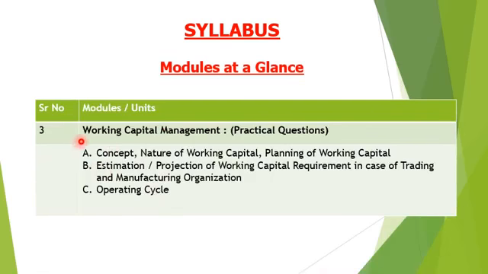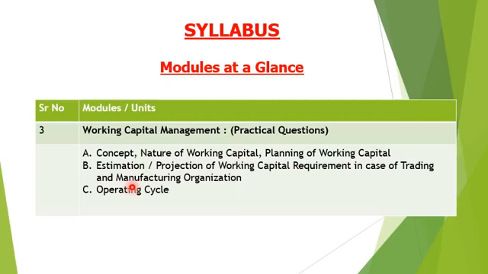This is the third module: working capital management. In this chapter, we shall study vital aspects such as the concepts of working capital, its importance in business activities and the decision-making process, and calculation of the required working capital with practical illustrations. So what do you mean by capital? There are two types of capital. Every organization, commercial as well as non-commercial, requires some amount of fixed capital.